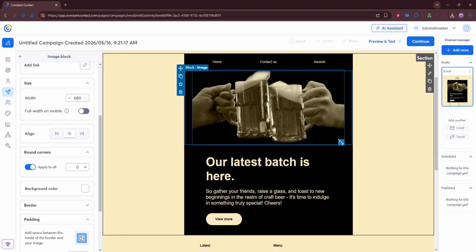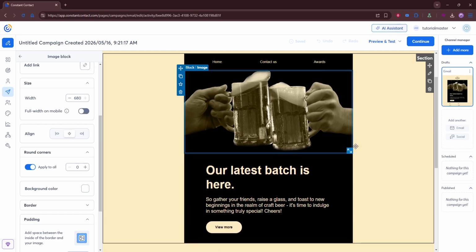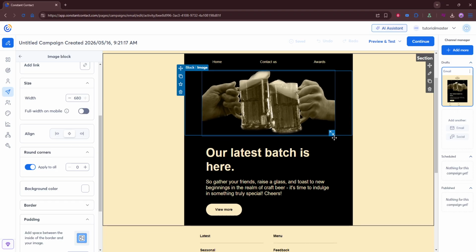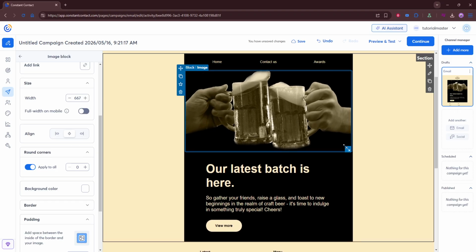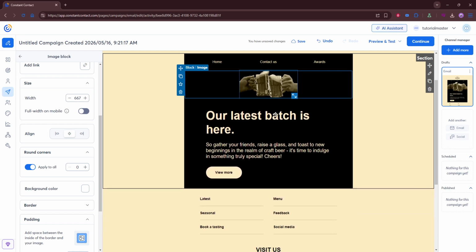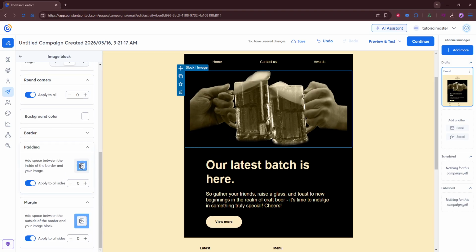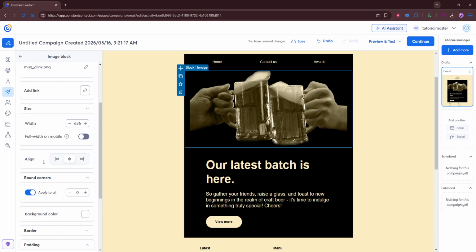Adjust the crop area until the image looks right. Drag the corners or sides of the crop box to include only what you want to feature. Keep your subject centered or use the rule of thirds by placing focal points near the intersections of the grid if it's visible. Watch your edges so important details aren't cut off, and leave a little breathing room around things like